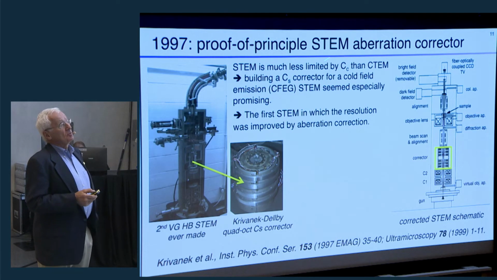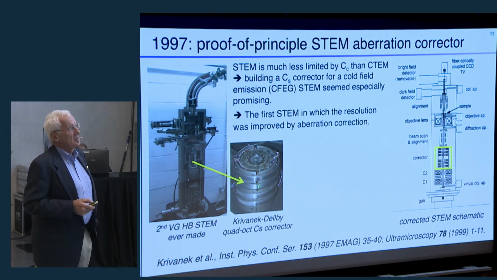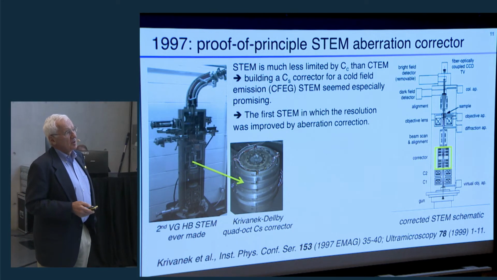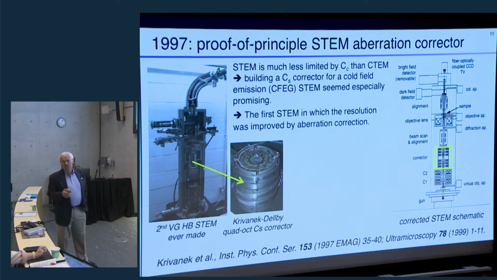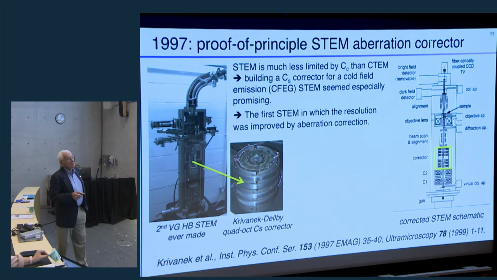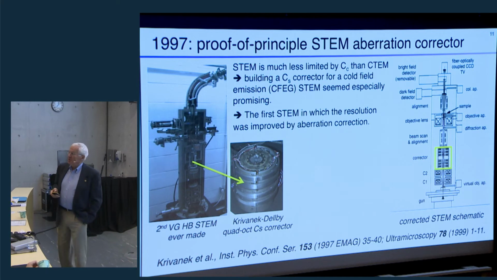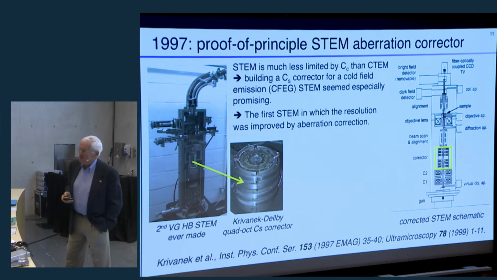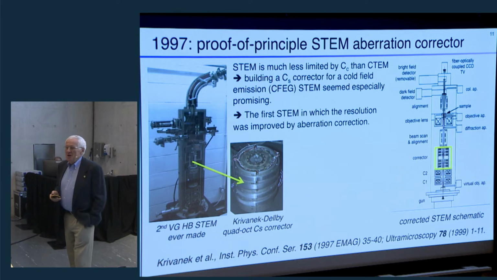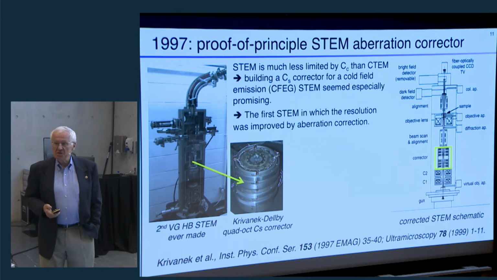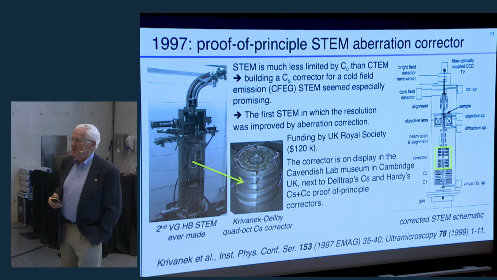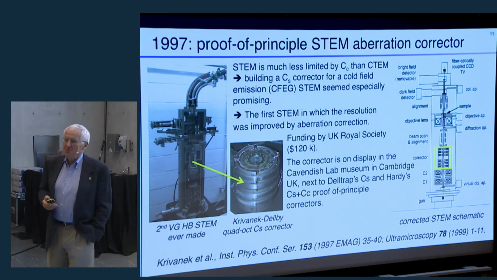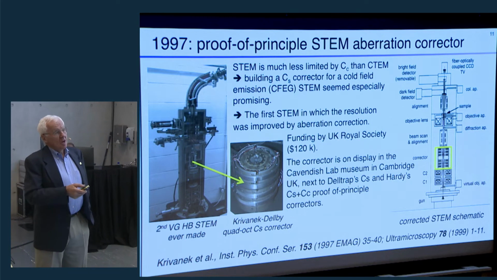In 1997, we put together a proof of principle STEM aberration corrector back in Cambridge. It looks something like this. Here are the papers about it, the total schematic of the instrument. We did 6 stages to give us a little bit more flexibility. We took a 25-year-old microscope, so we were not aiming for the world resolution record, but we wanted a proof of principle machine. Our funding was quite modest. We had $120,000, 80,000 pounds from the British Royal Society, and that was enough to build a proof of principle